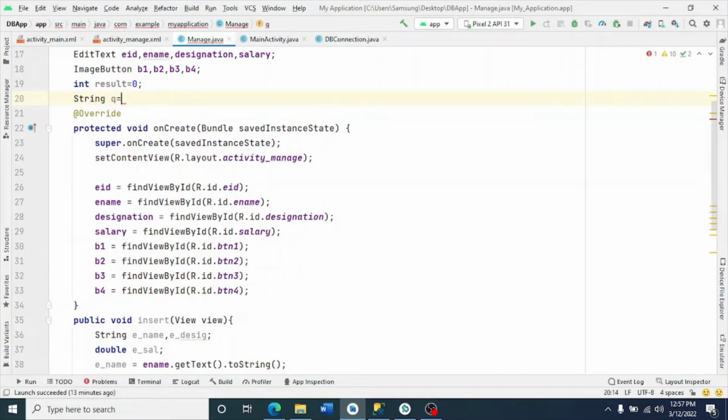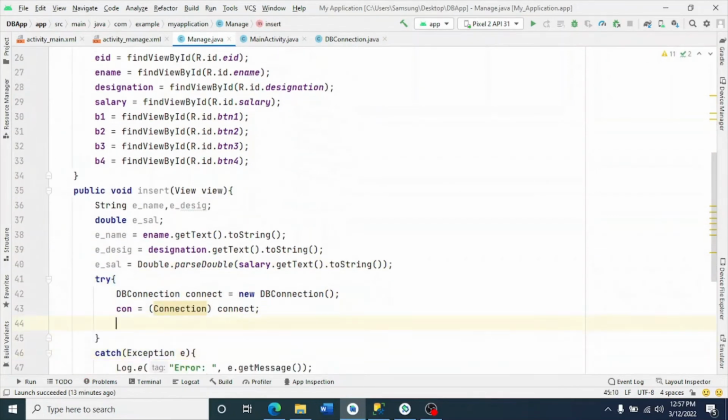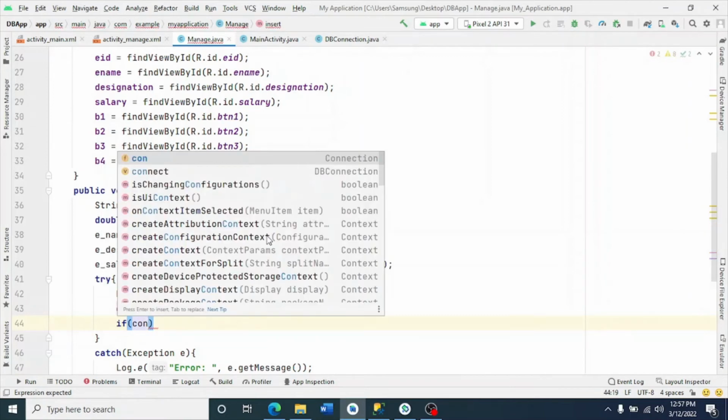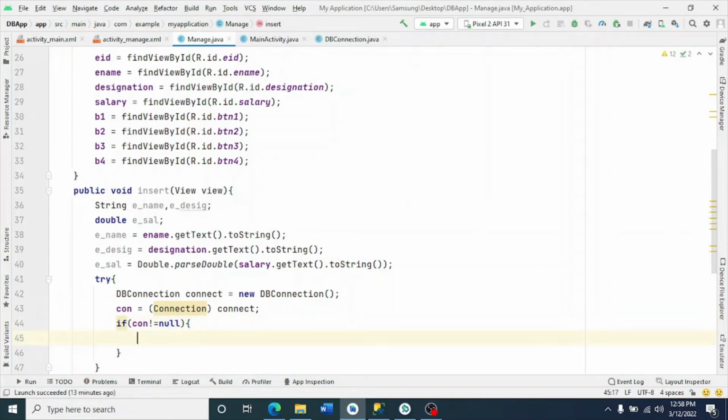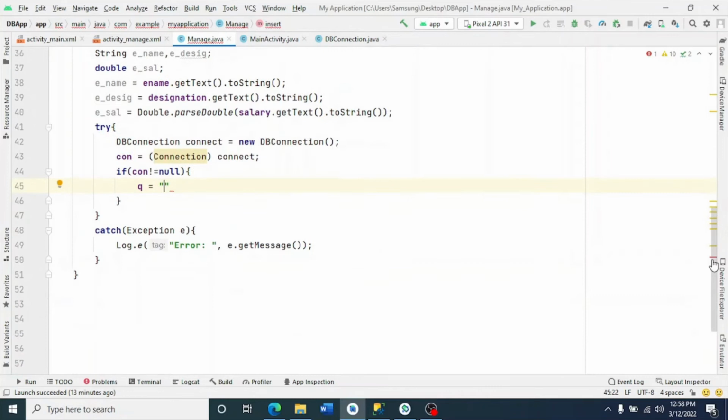Q is equal to empty, and here we will write a query. So we will check if this con is not equal to null, it means the connection has been established, so then perform something. And what it has to do is create the query. So we will create the query here,